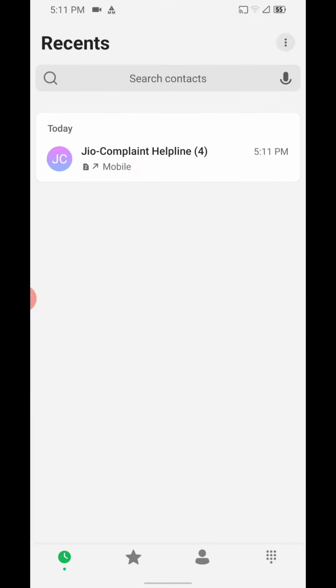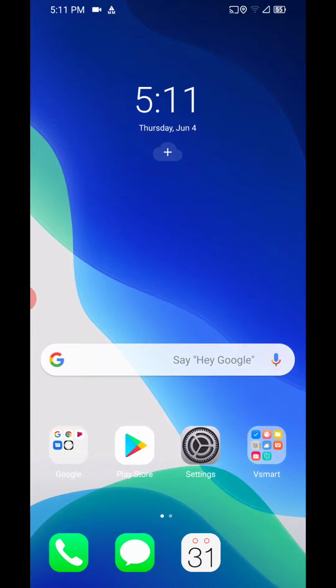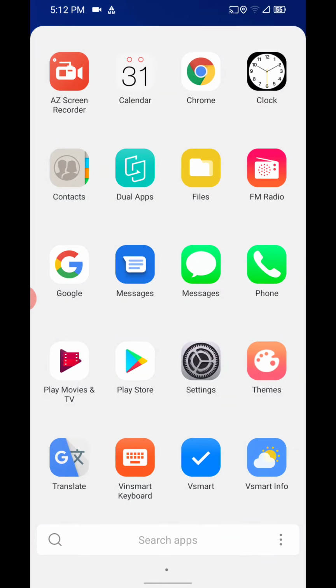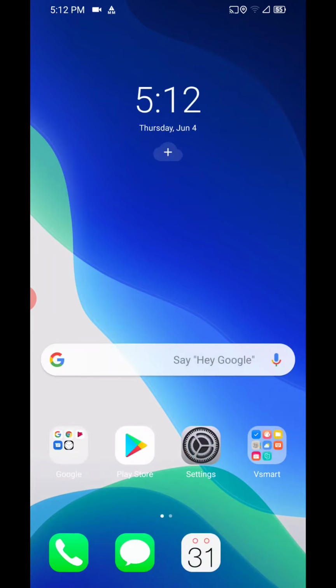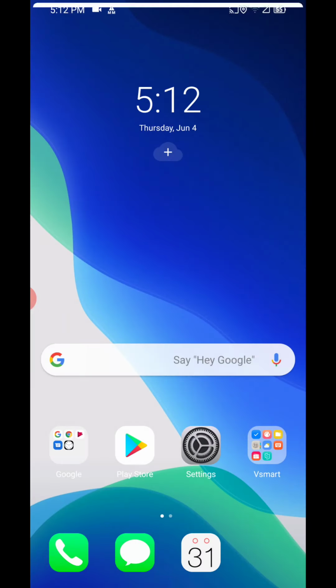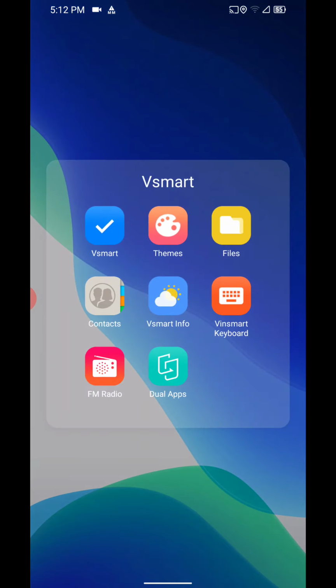It's similar to One UI if you want to. The SIM has not been installed in this, so you won't be able to check the whole thing, but yeah, that's for that. Now you can see that I have changed the theme, so it's having the iOS type of icons. Nothing much has been changed, but yeah, you can change the icons and some of the features if you want to via this.